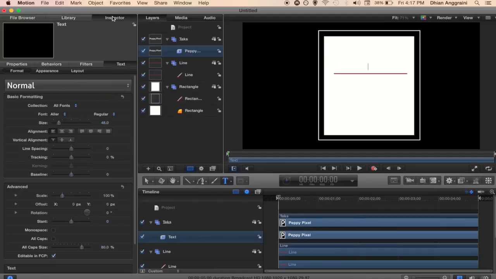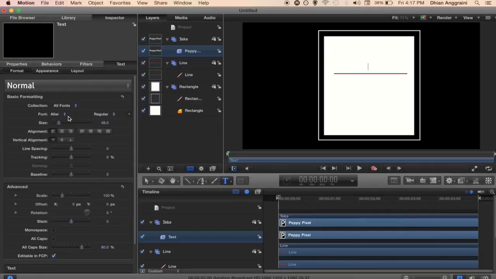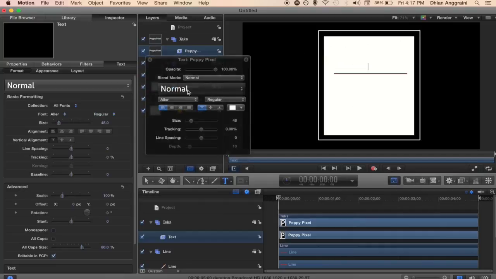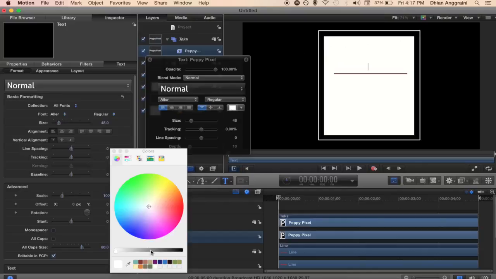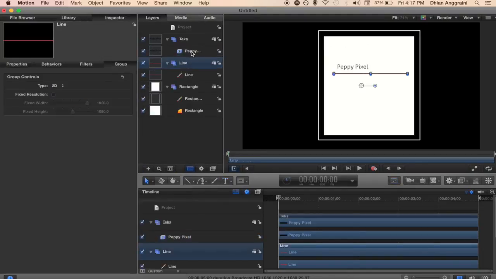Under inspector, this is the parameter of text, inspector and text, and you can just change the color, the font, everything's here. Or you can just use your HUD, all the same. First I'm going to change the color of my text to black, since my background is white and I cannot really read the text. I'll just center,